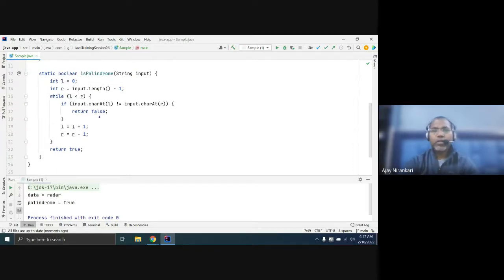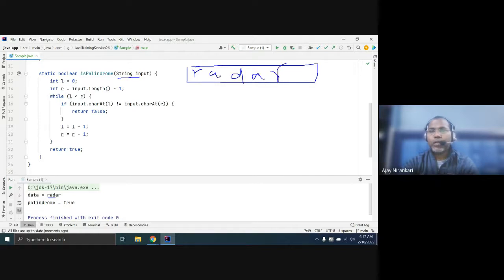So here, what are you doing? In the case of our radar, these are by default indexes 0, 1, 2, 3. You first have one left variable which points to the first position, and this is the right variable.